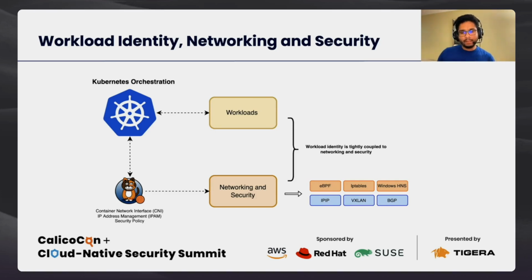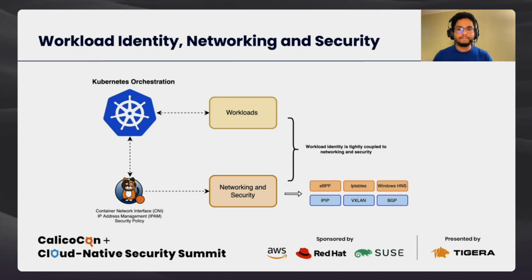engine. Now, Calico is quite flexible in the routing modes that it supports, as well as the data plane it supports for policy enforcement. So for routing, you can choose between IP in IP, VXLAN overlay modes, or native BGP. And for the data plane, you can choose between eBPF, IP tables, and Windows HNS if you have Windows nodes